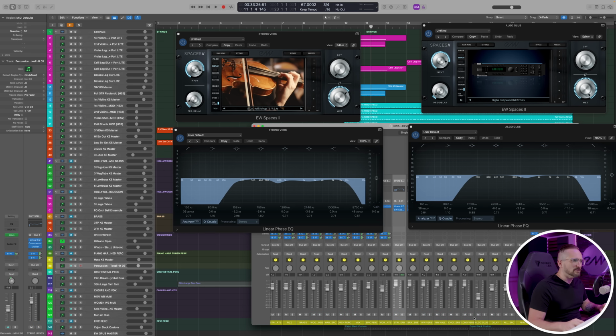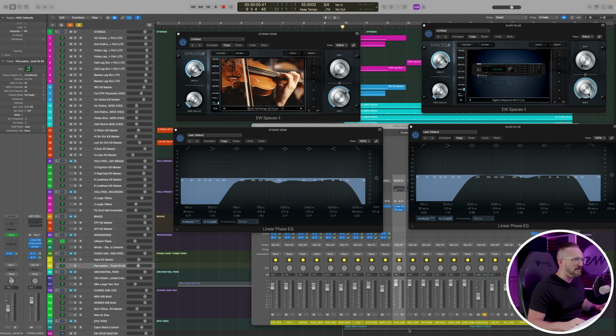So now let's hear the digital verb by itself, and we'll go back to measure 8 here. So you can hear the tail on this one is a little bit longer, and it decays in this really beautiful and musical way. So now let's hear the two reverbs together. So you just get this really beautiful sense of depth with both of them together.